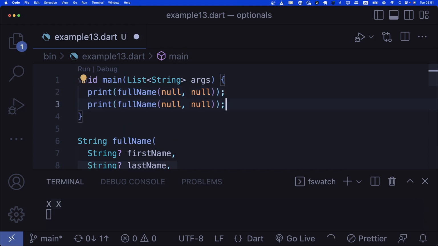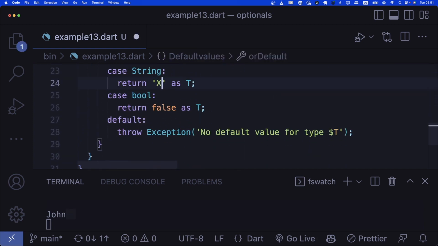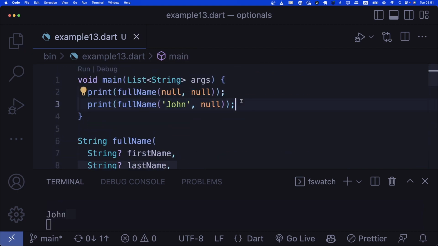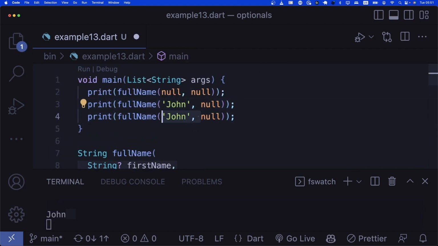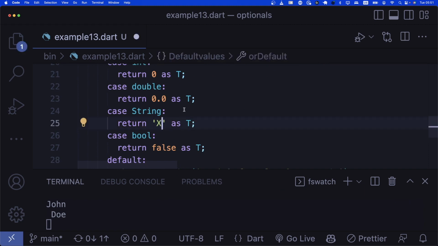Then we can go ahead and say full name John and null. You can see now John is being printed to the console, and there's actually a space and an empty string in here. Again, we can change our default value to X, so you can see John space X, okay? And then also we can go ahead and say first name this time around is null and last name is Doe. All right, now you can see space Doe. All right, actually empty string space Doe, because the default value is again empty. We can change it to X. You see X space Doe. All right,